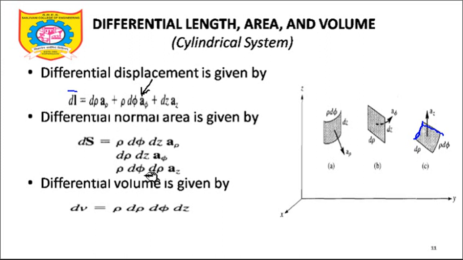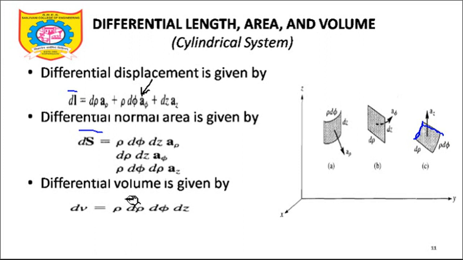And finally, if it is the phi rho plane, so d rho d phi az bar. So you can represent a surface in this particular coordinate system. If you still have certain doubts, just go through the literature or the books which are provided to you on this portal of LMS, and you will understand how to represent those surfaces as a vector entity.